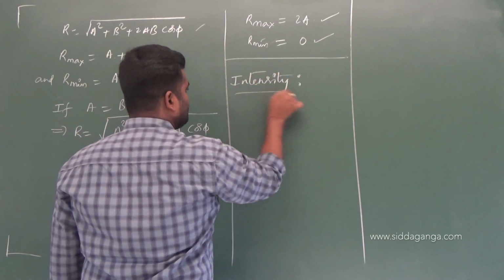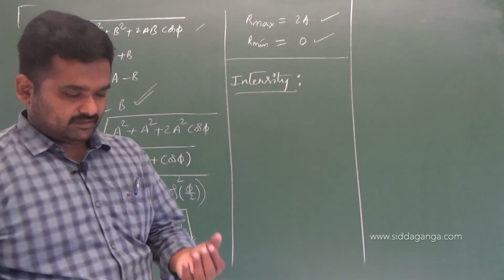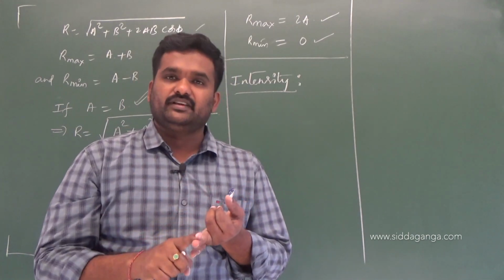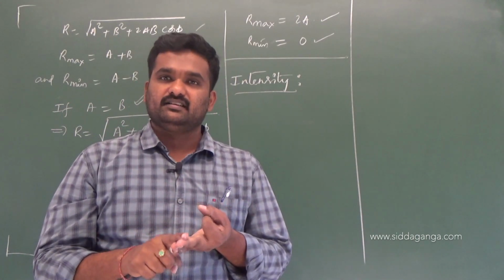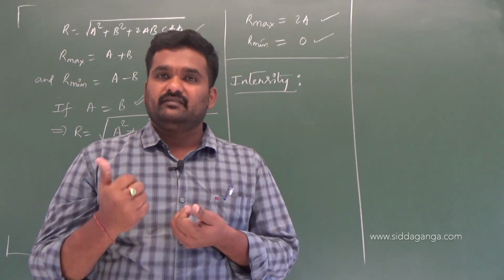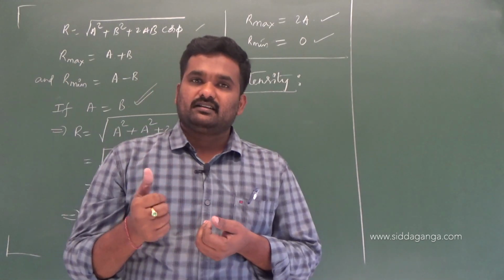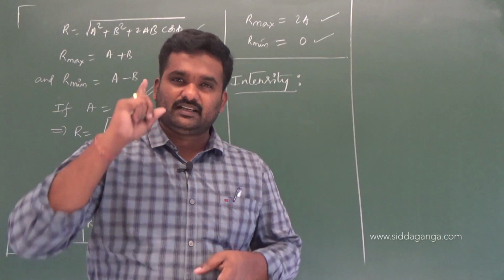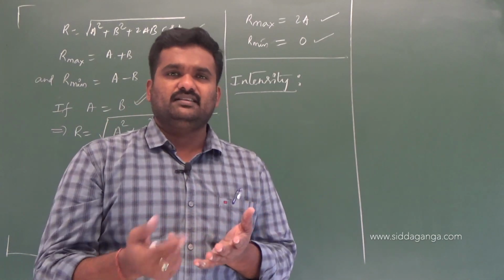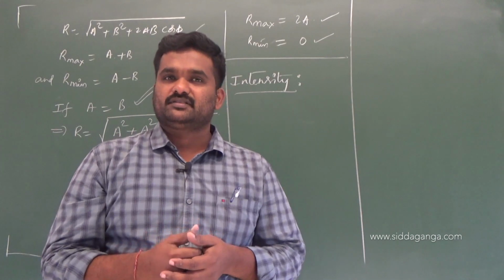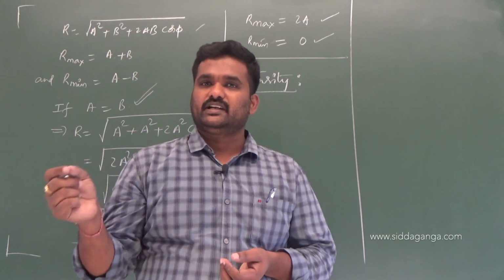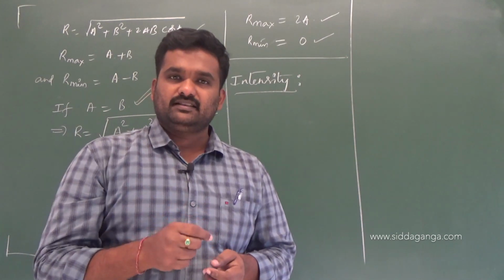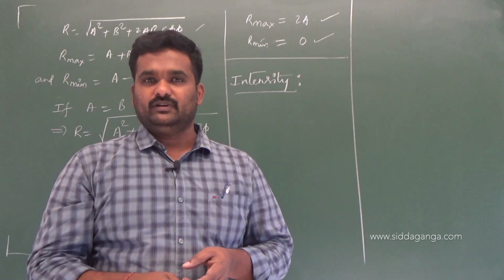This part we have already studied in waves. When we studied waves, you know, the displacement equation of the wave, energy of the wave, intensity of the wave, velocity of the wave, frequency, wavelength, all parameters and even the propagation constant k. All those things we studied in waves, and even in oscillations in SHM. The energy equation of SHM, we have written half m omega square into a square, hope you have remembered. Try to recall all those things. Energy is directly proportional to the square of amplitude, remembered or not?